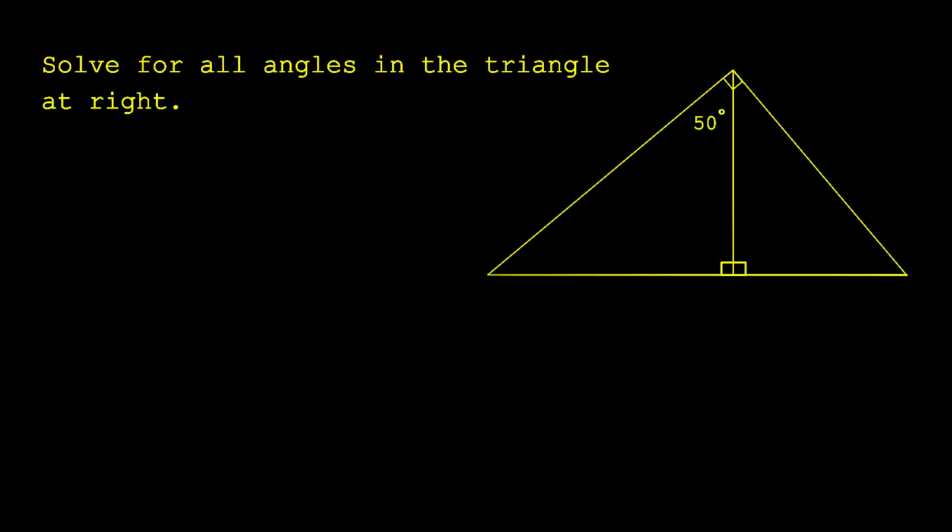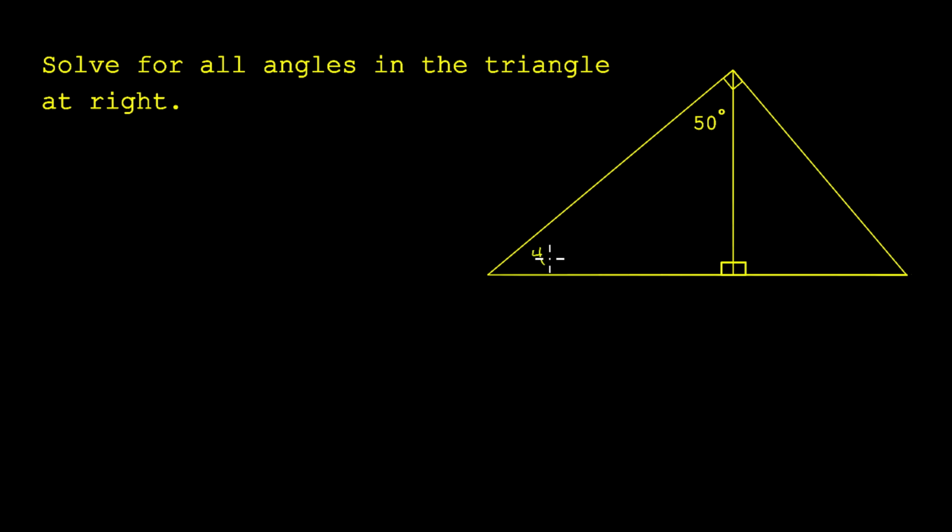In this video, we will show how to calculate the angles in a right triangle within another right triangle. So here we go, solve for all angles in the triangle at right. You'll notice we have a right triangle on the outside, and then we have an altitude, so we have two smaller right triangles. So if we look at this medium triangle right here, that's a 90-degree angle, so that's a